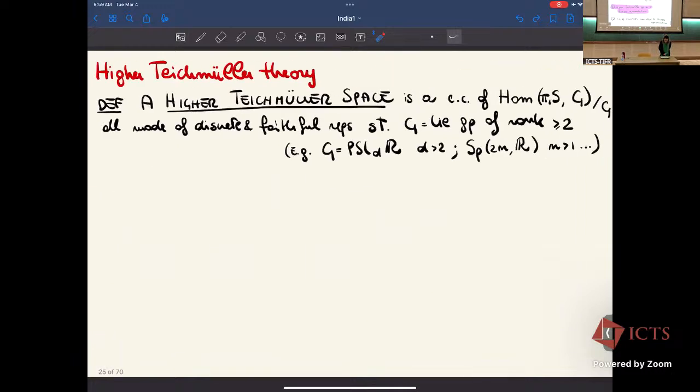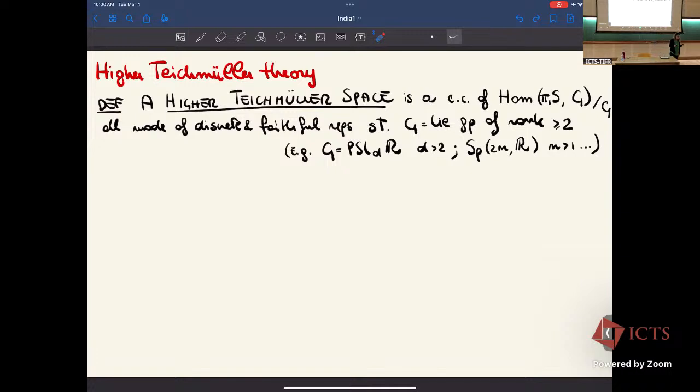So, okay, let's move to the higher Teichmüller setting. I'll start with a little tour of higher Teichmüller spaces, their definition, and some properties, but then we will move to Anosov representations. Higher Teichmüller spaces have been studied a lot, and they are the higher rank generalization of Teichmüller space. But for us today, we need a weaker property that we will discuss. So how do we define these spaces?